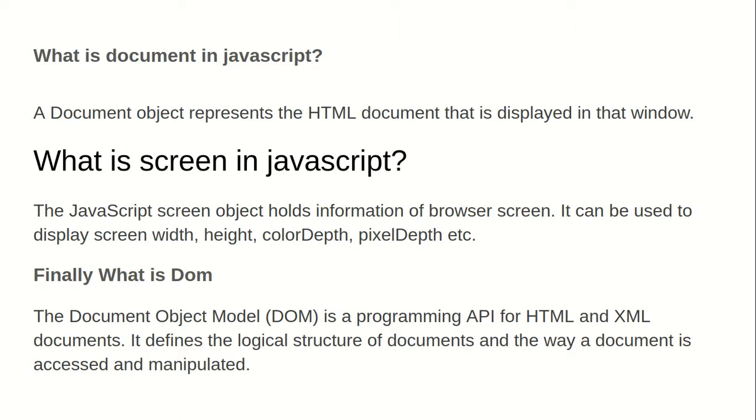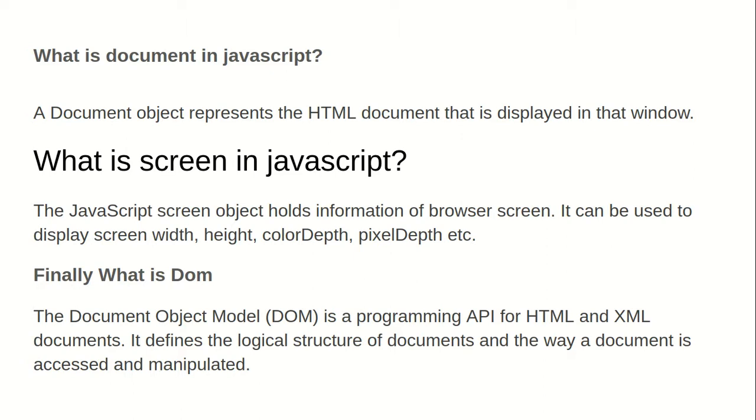Finally, what is the DOM? DOM generally stands for Document Object Model. It represents the HTML and XML parts. HTML and XML are documents, and whatever tags are in your files are represented in a model and document object. It defines the logical structure of the document object, and the way the document is accessed and manipulated, all through the DOM object. So now let's go through the practical part, so we can be very clear about the DOM object, document and window, right?